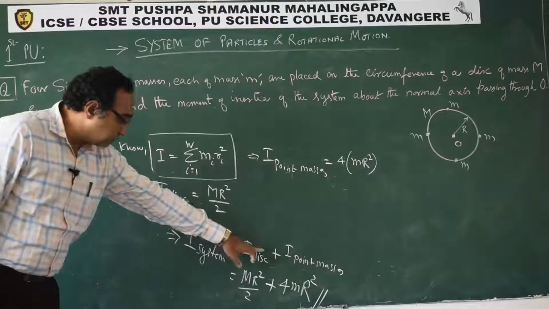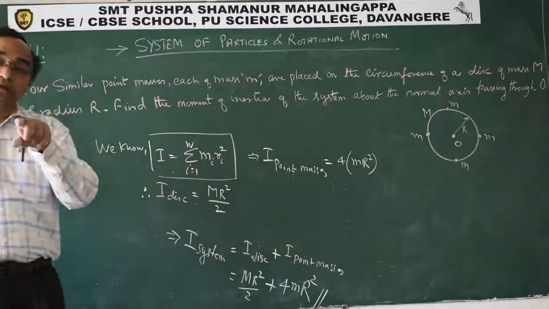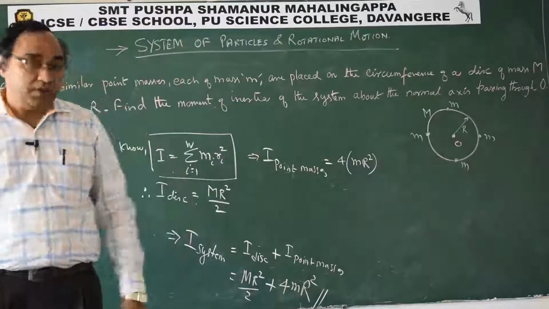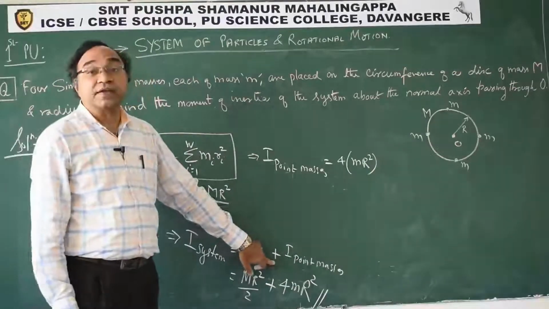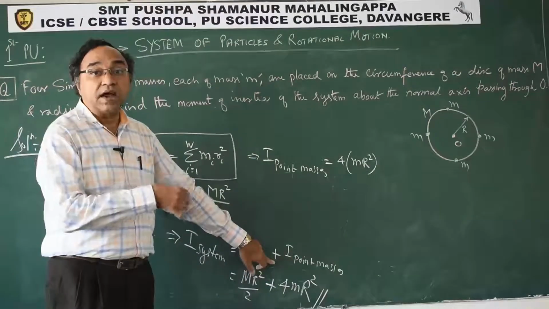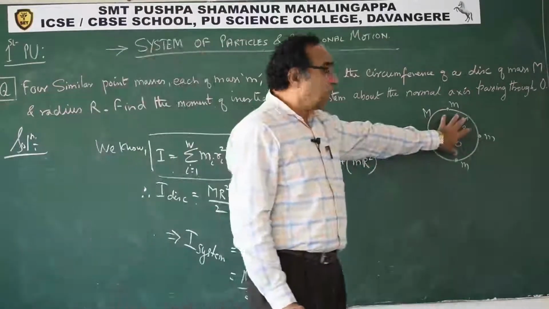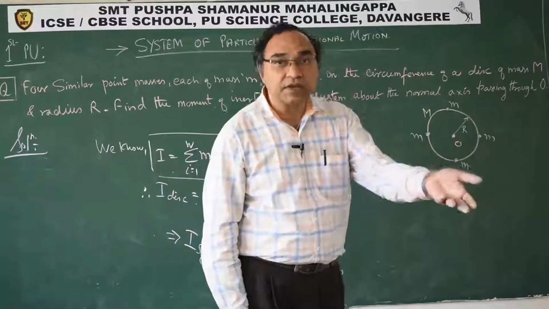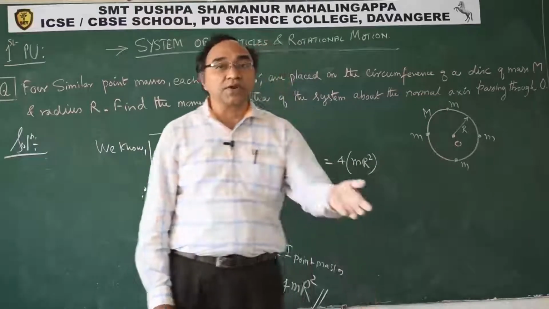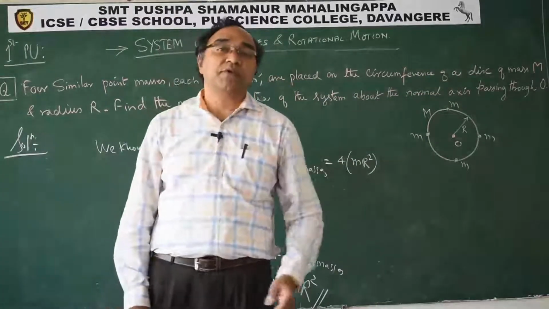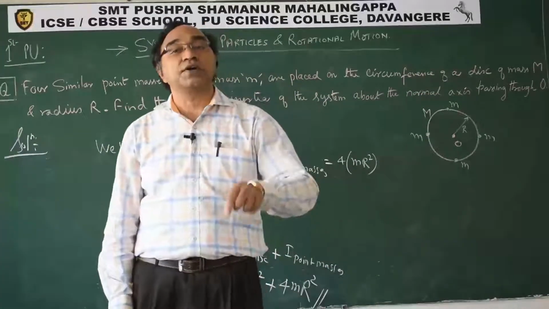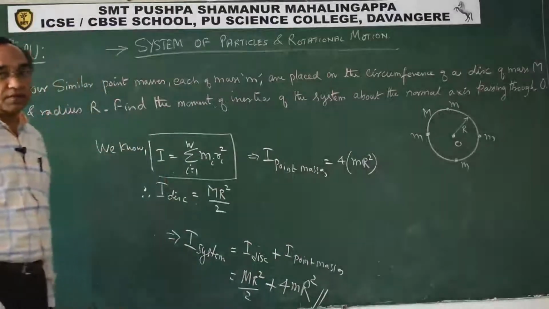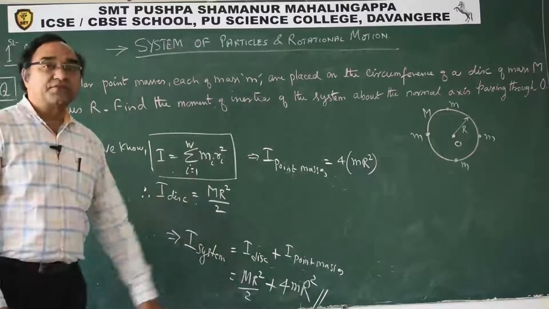Plus, here you see, in the case of masses removed, we were writing minus. So concentrate, here we are adding because to the given disk you have added masses. So moment of inertia will increase. While in the case when you are removing the matter, this means moment of inertia decreases. So we put a minus sign there. I hope the concept of plus and minus is clear now.